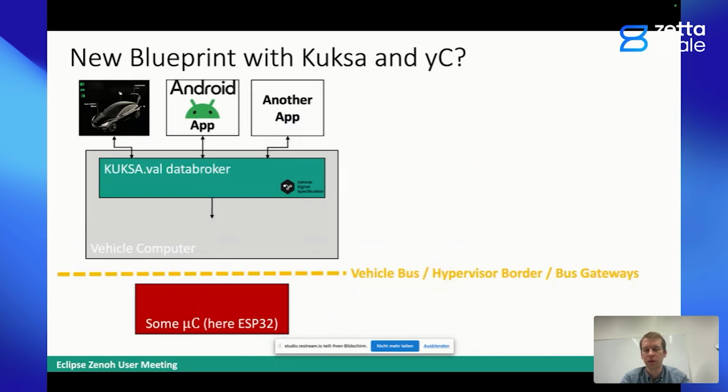So we had the data broker, we had some applications, for instance, an Android app. There's also an Android SDK for Kuksa available. But we really wanted to integrate some actual hardware, so some microcontrollers. So for a hackathon in the beginning of the year, we had an ESP32, which also makes it easier for people to reproduce this blueprint, because we obviously could have taken a classical automotive ECU and used some CAN bus,